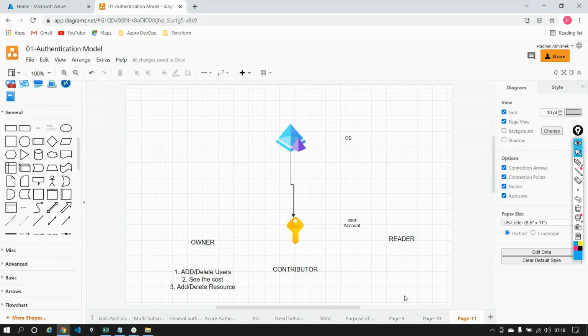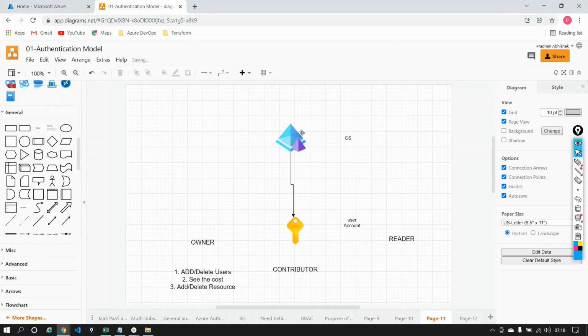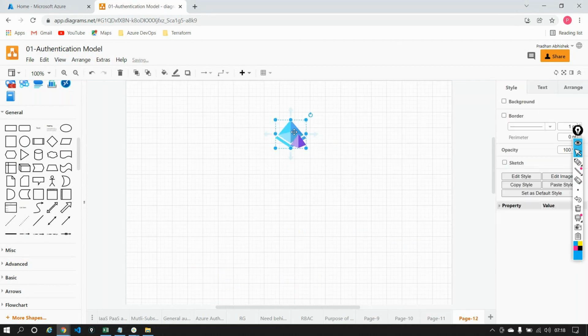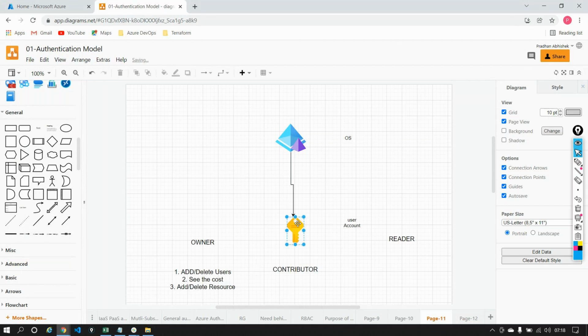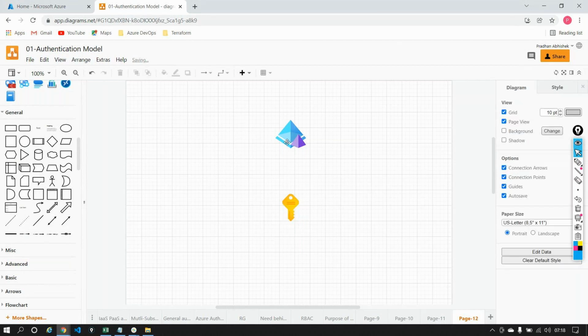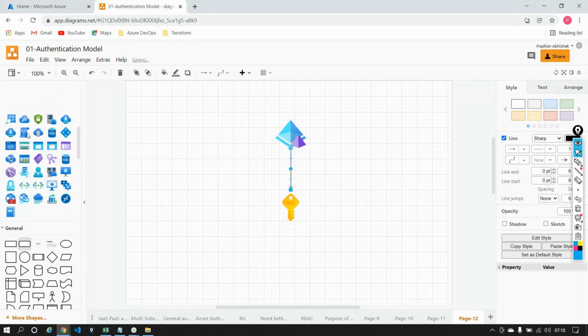So you now have a tenant. Let's again put this diagram out here. You have a tenant, and under the tenant you have a subscription. You have an Azure subscription now. And under the Azure subscription, you will need to create something known as a resource group.